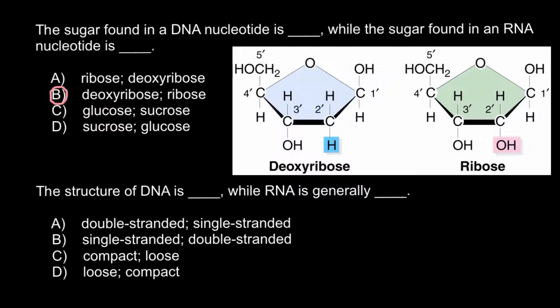And by the way, do you know the difference between glucose, sucrose, and the pentose sugar that we can find in deoxyribose and ribose? The difference is that glucose and sucrose are 6-carbon molecules and pentose is a 5-carbon molecule. So the structure of glucose would be like this, with 6 carbons as you see here, and pentose would look like this